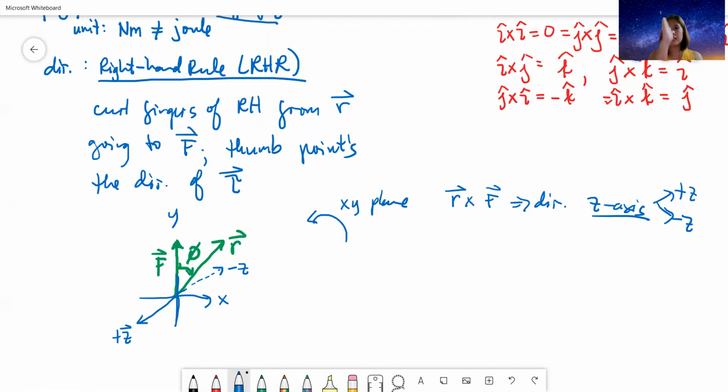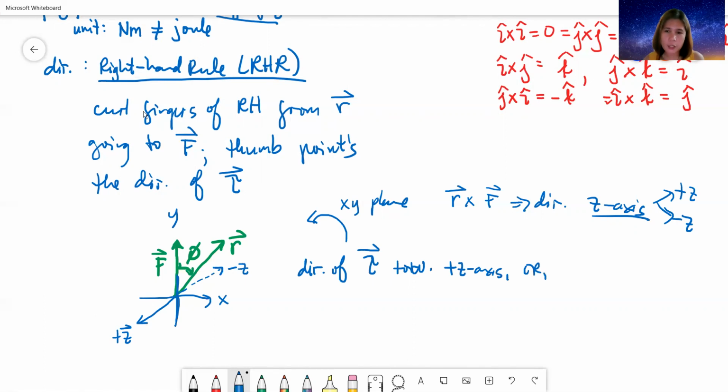So again, follow me. R is in your first quadrant and then you sweep it going towards F. F is going in the vertical axis. Okay? I'll use na lang my other hand para parang right sa inyo. So, sa monitor nyo ngayon, ang R ko ngayon is nasa first quadrant nyo. I'll curl it upward. So, the thumb is going towards me. Going towards me or away from the plane, so that's positive Z. So we say therefore that the direction of the torque here is towards positive Z axis,